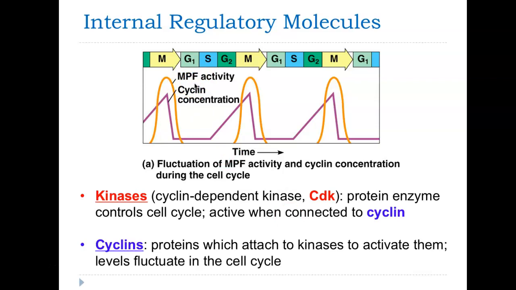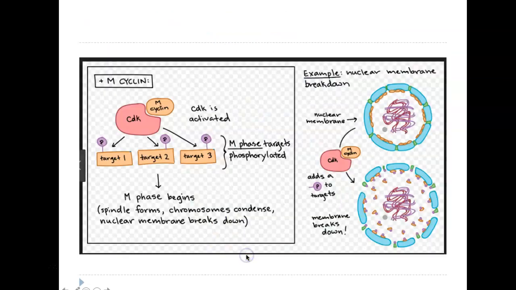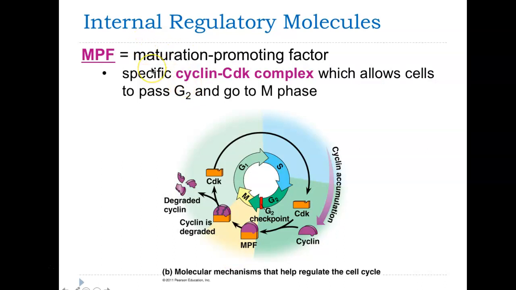The maturation promoting factor is a cyclin bonded to a kinase. So I should have showed you that first. So maturation promoting factor is a cyclin and a kinase bonded together that allows a cell to pass from G2 and go to the M phase. So just kind of write that down, and then I'm going to go back and kind of show you